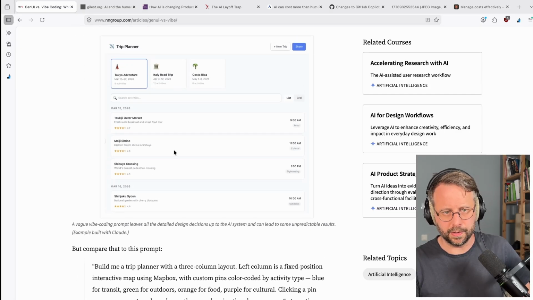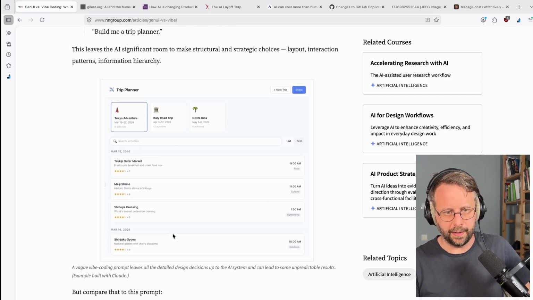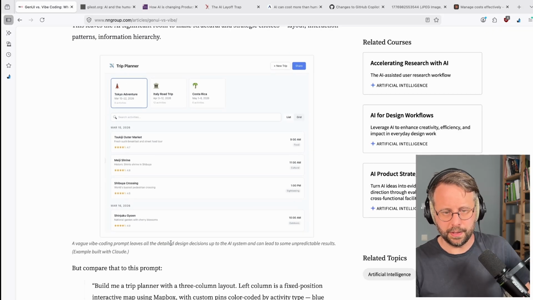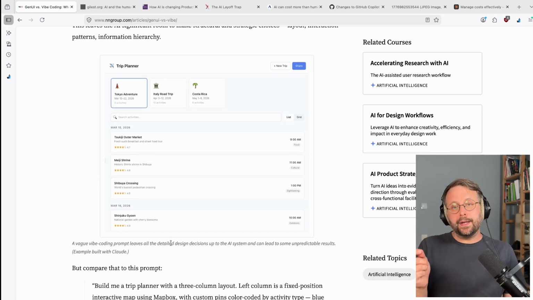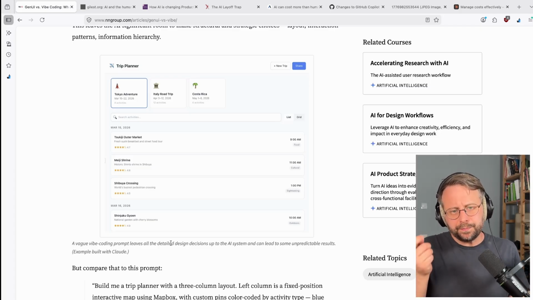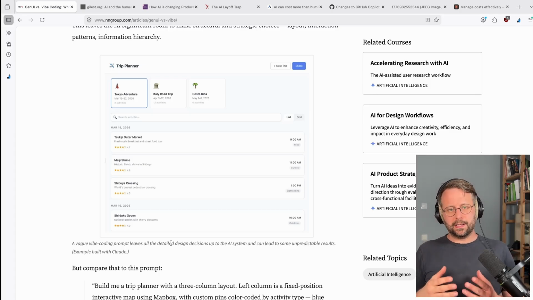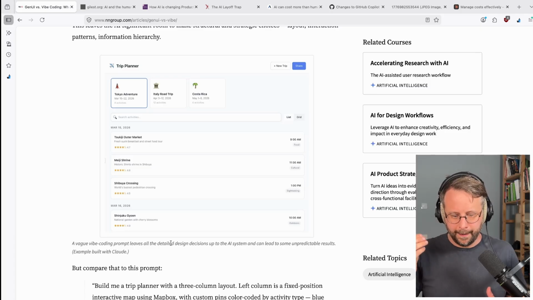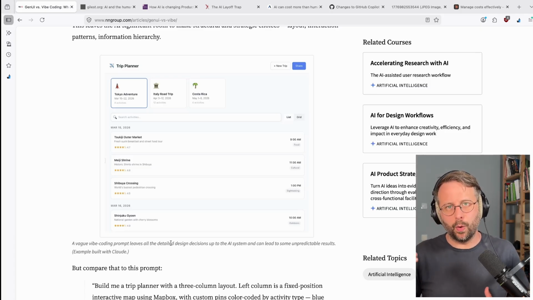Yeah, okay, so basically you get something, but you don't know what it is. It's just a trip planner. I think one interesting part of this is, even though you get presented with one option, and I think this is the danger with vibe coding, when you get presented with an option like this and it looks so good, you have a tendency, I find, to start thinking that this is what I asked for.